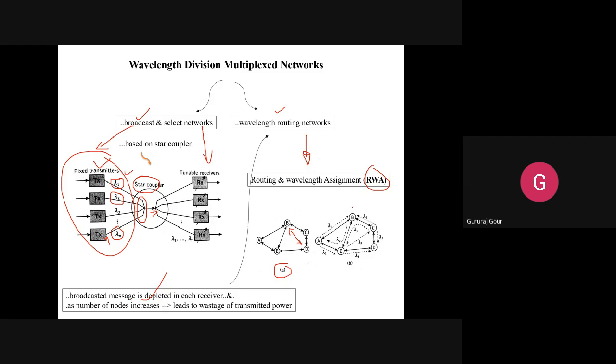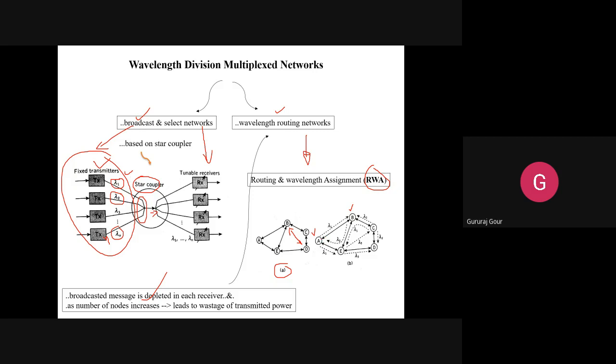Now, if you look at figure B, between nodes A and B, lambda 1 is the signal that you are telling to travel from A to B. It will travel from A to B and stop there. Similarly, the same physical path interconnecting A and B can be used to retransmit lambda 2 back from B to A. It means these two nodes A and B are configured in that way.